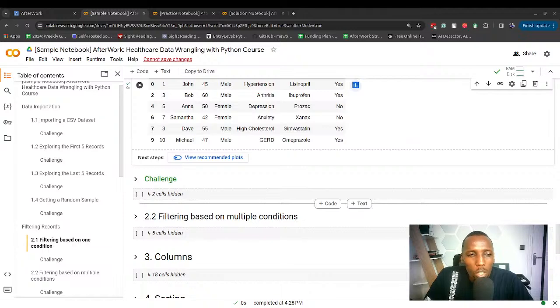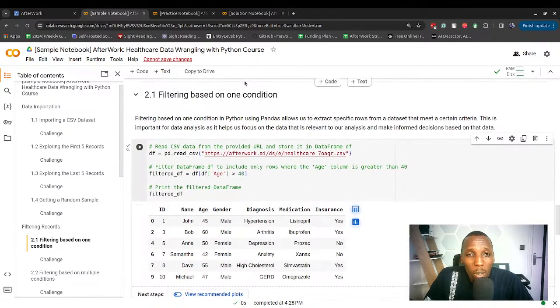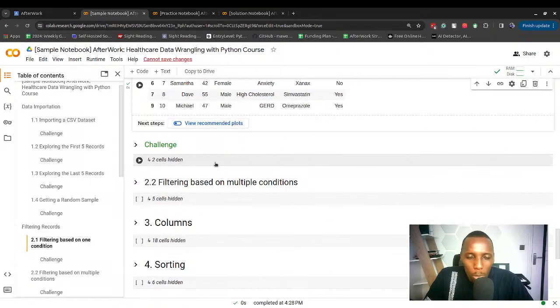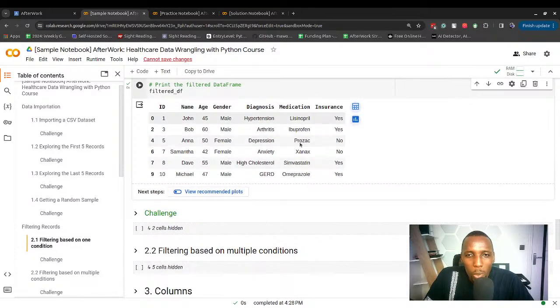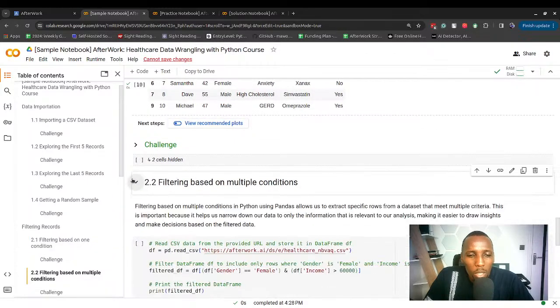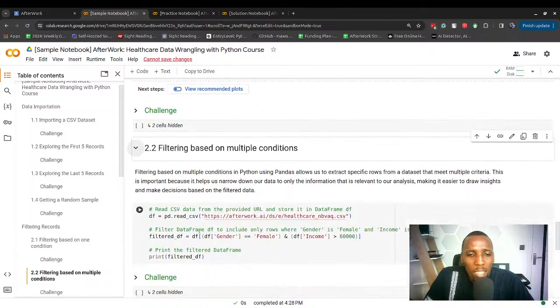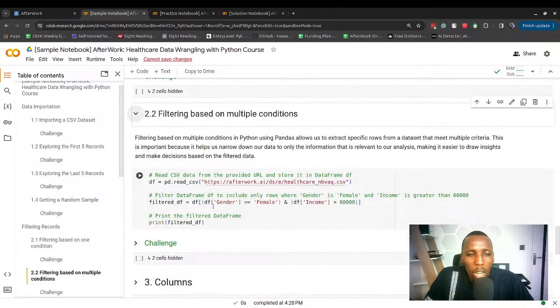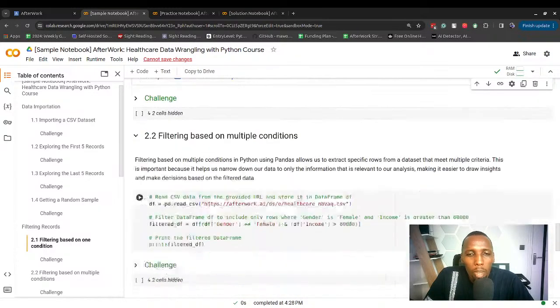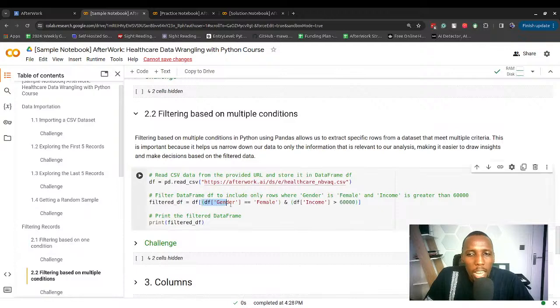So once you have learned how to filter based on one condition, it's important to also learn how to filter based on multiple conditions. Maybe you want to filter based on another column, not just age. So how do we do that? It's almost the same concept as what we did. Only thing is that here we had one particular expression, so we can decide to have multiple expressions,